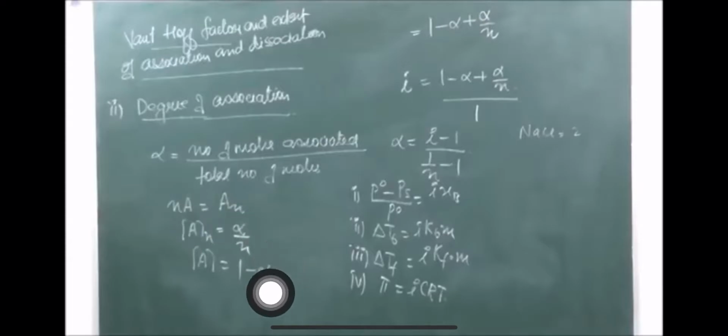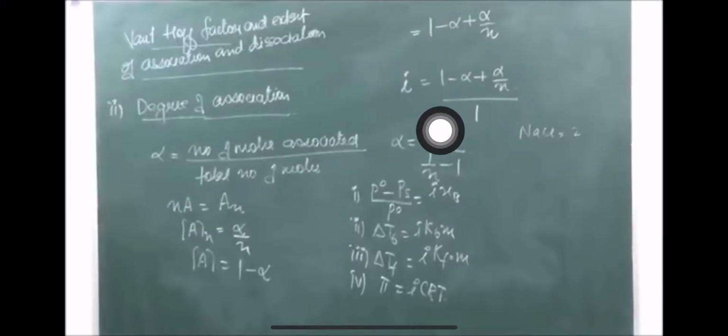I hope you remember this formation we have done last year, in 11th standard thermodynamics, right? So therefore the concentration of A is what? 1 minus alpha. Right? So again, how many total moles will be there? As we have taken in dissociation, the total number of moles: this is the number of moles which is associated, and this is leftover, right? So we did the total in that, and again we are doing the total over here. The total will be 1 minus alpha plus alpha upon n, right?